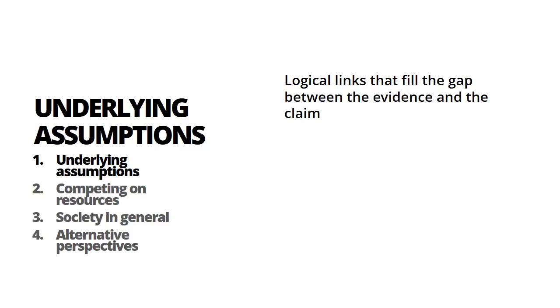One way to think about this is to ask yourself the question, what must be true if the claim is to follow from the evidence that was given? For instance, if I were to argue that dogs are better than cats as pets, and cite as evidence for my claim that more people own dogs than cats in Canada. I'm not sure if that's actually true or not. Would that justify my claim on its own? Probably not. You might find that there is an underlying assumption here that being a better pet is associated with being more widespread. But there could be other reasons for that. For instance, working dogs on a farm, not necessarily meaning they're better pets, but contributing to the fact that they're more widespread.